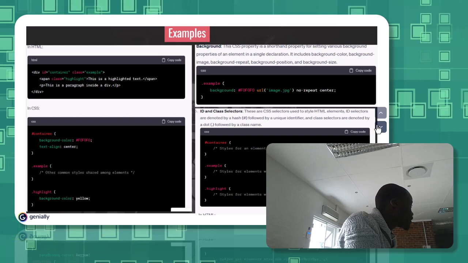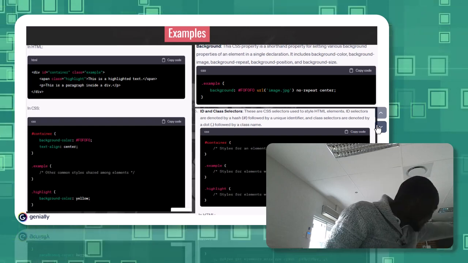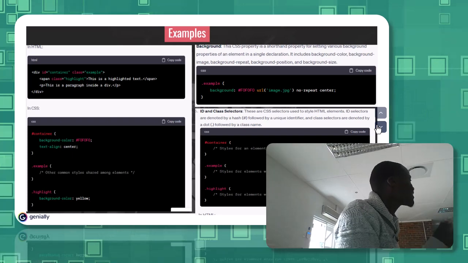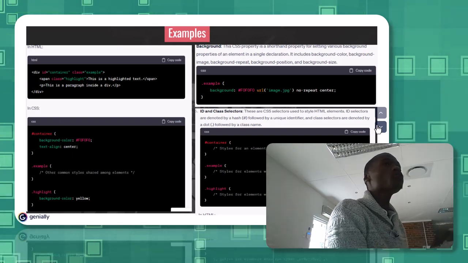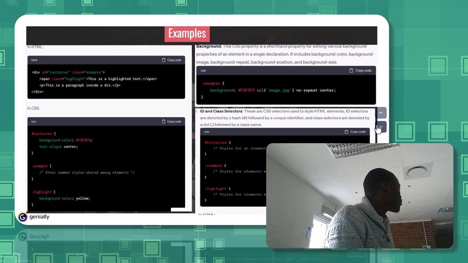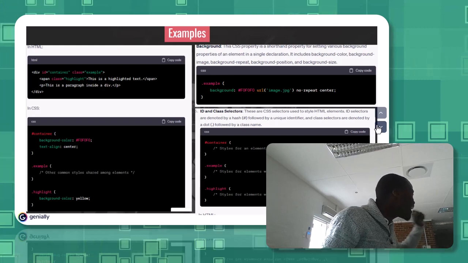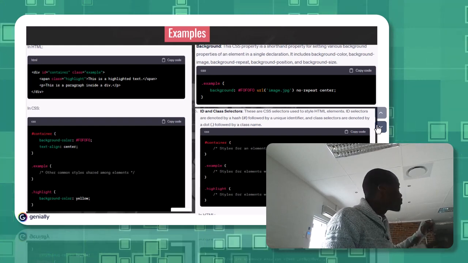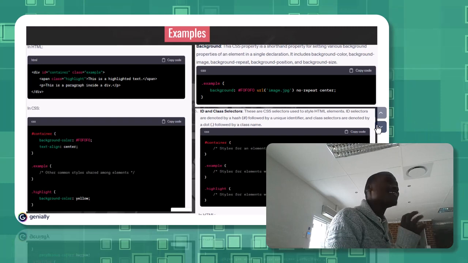Anything that is denoted by hash is an ID. We cannot do that with a class or a tag name. It is only an ID that is capable of doing such. So that's why I said that there are different use cases for both, and yeah, that is it. So the second one,